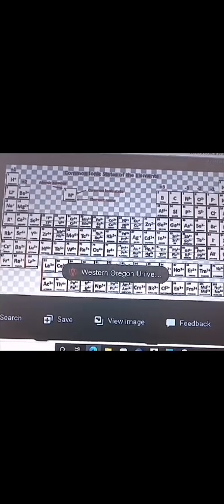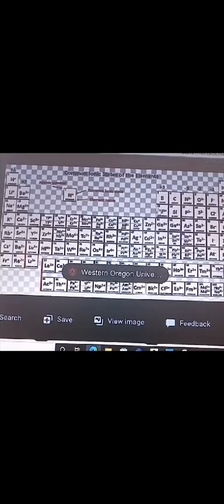As you see here, on the left-hand side we have elements with positive signs on top of them. That means they are cations. And from here toward the right-hand side of the periodic table, we have